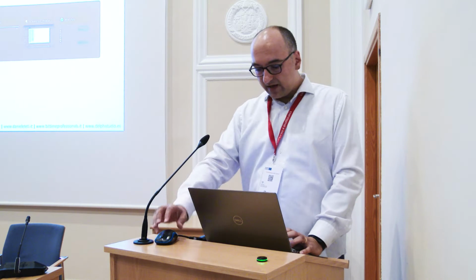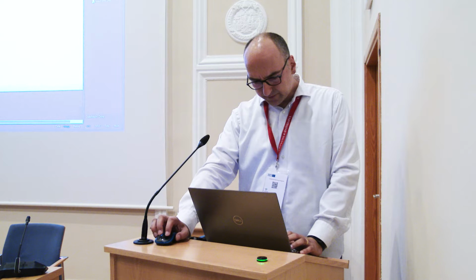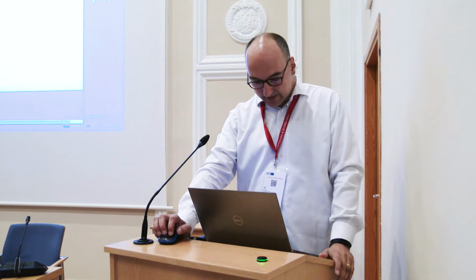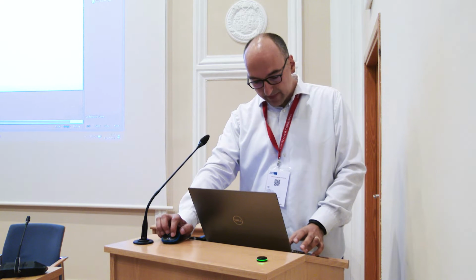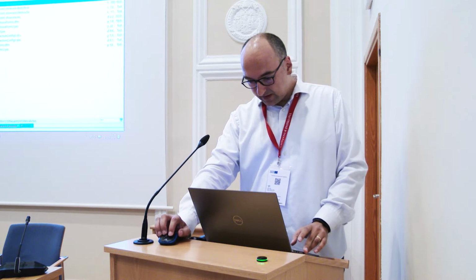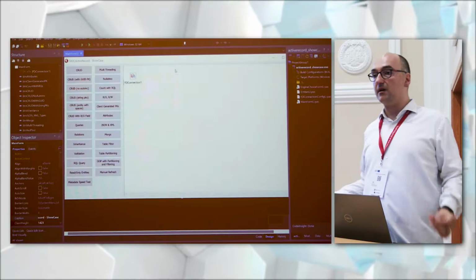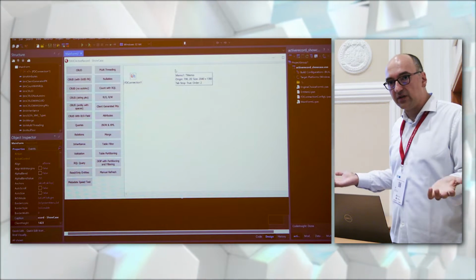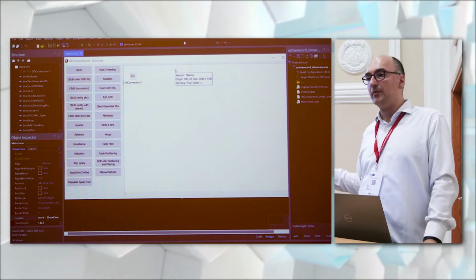Okay, let's see a small demo. In the samples folder in the DMVCFramework, you have the Active Record Showcase. Just to show that it can be used for any kind of project, this showcase is a VCL application.